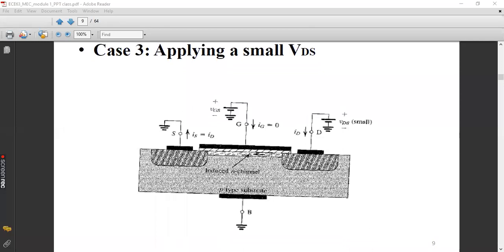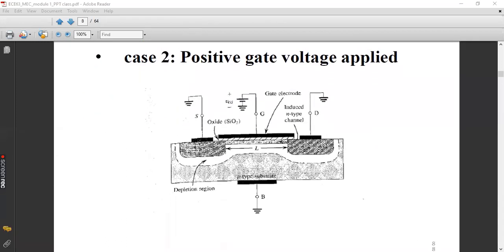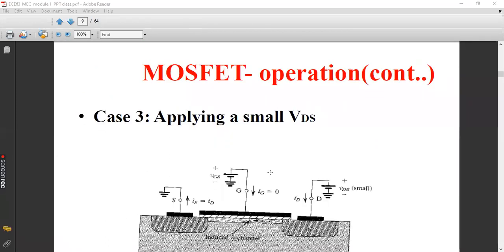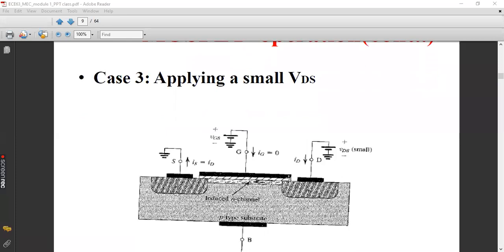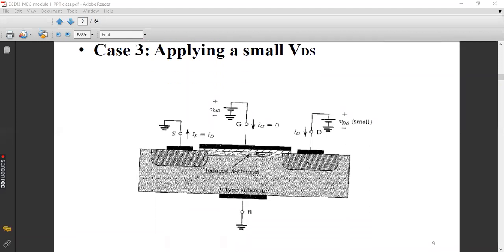Now, when you compare this figure with the previous figure, what is the change that you see? Just one more battery added at the drain terminal. Apart from that, you are showing the current flow ID from drain to source through the channel. Now, why is there a current flow from drain to source?